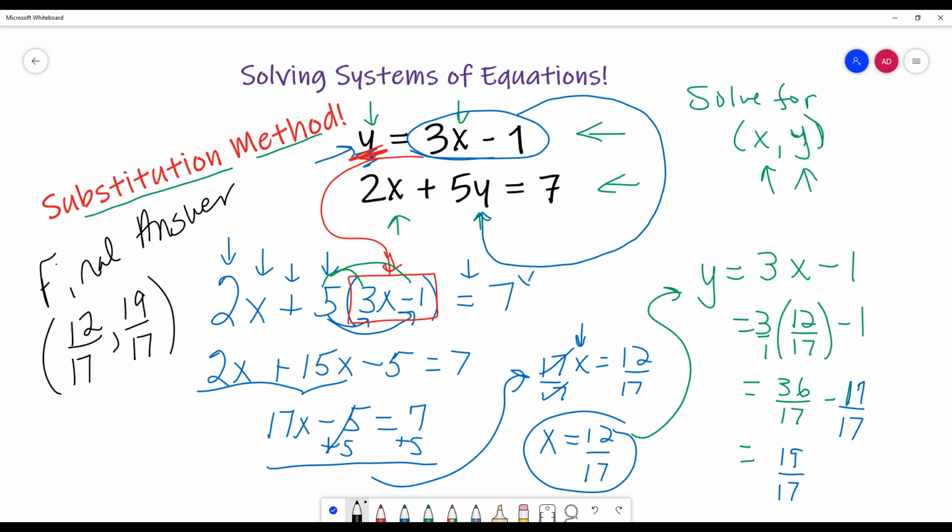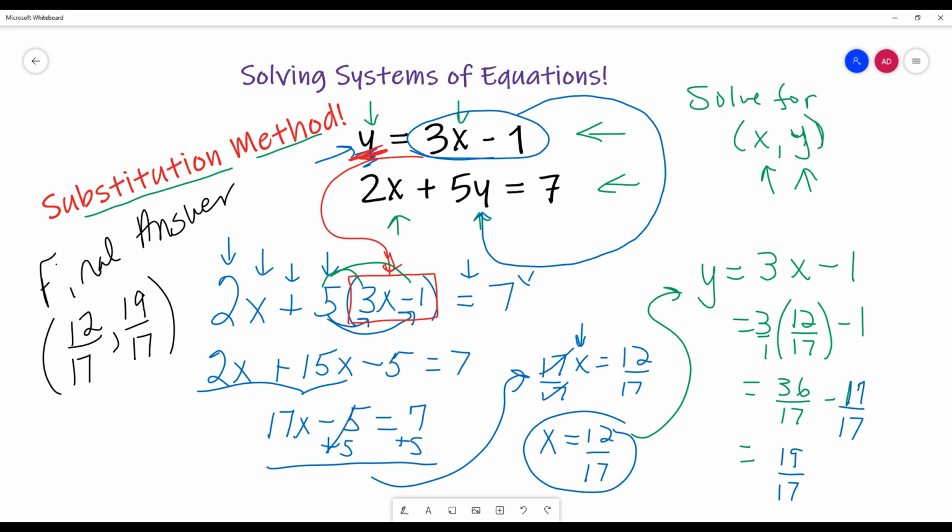Yeah, it's sitting over there in quadrant 1, and it's a little bit shy of 1 and a little bit more of 1, but that's where it would intersect, okay? All right, so now that was the substitution method,